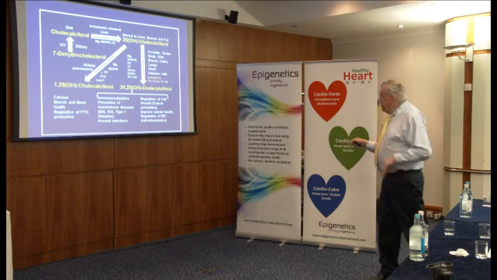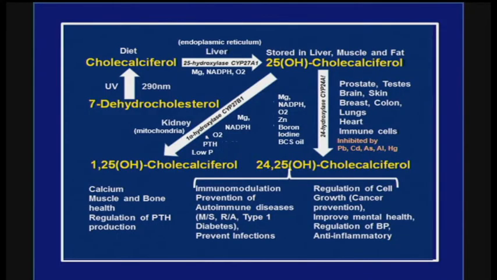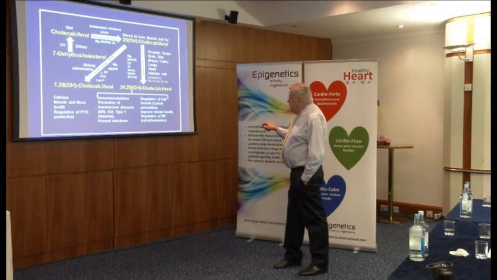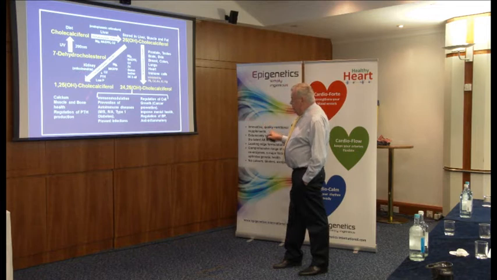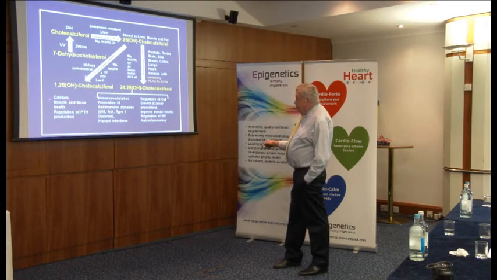Now that D then further hydroxylates on the 1 position to form the 125, which is the main one which regulates blood calcium level. That's the one that occurs, this pathway here, in the kidney, and it occurs in the mitochondria of the kidney here, and is regulated by parathyroid hormone, and it regulates blood calcium, muscle and bone as a result,